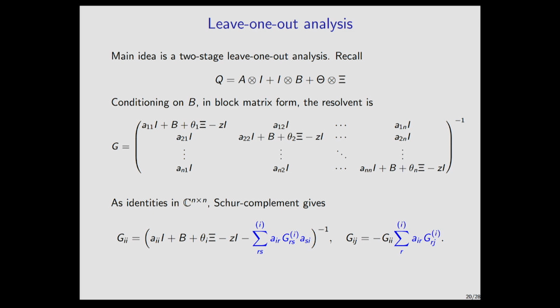So we're going to condition on B. And if we condition on B and just look at the randomness of A, the independent structure is at the level of these n by n blocks, right? The blocks are independent from each other, but the entries within each block are not. So I think it's very natural to try to do a Schur complement analysis or a leave-one-out idea where you leave out a whole block at a time, right? So I'm going to leave out n rows and n columns at a time.